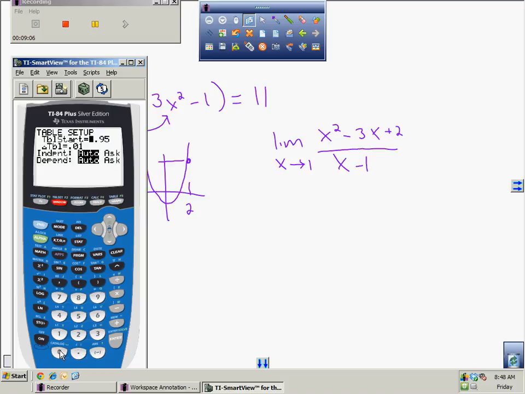So I want to get close, so what if I start at 0.9 or something like that? Does that work? Yep. Okay. So then I'm going to go second table, and now you can see